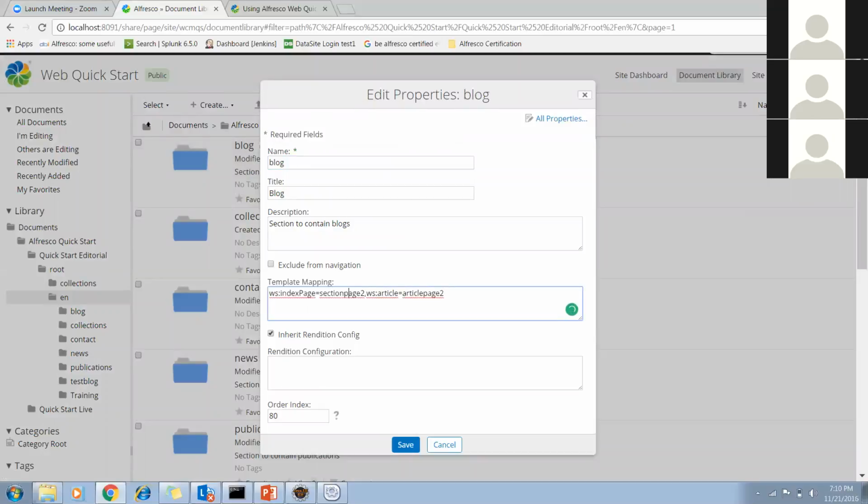I didn't get the actual meaning of this template mapping, what each section means. So you don't know how a template is created and how you can create a template for yourself, right? Yes, Jamil, I don't know that. In the backend, if you are installing Apache Tomcat on Windows, there will be a WCMQS folder.